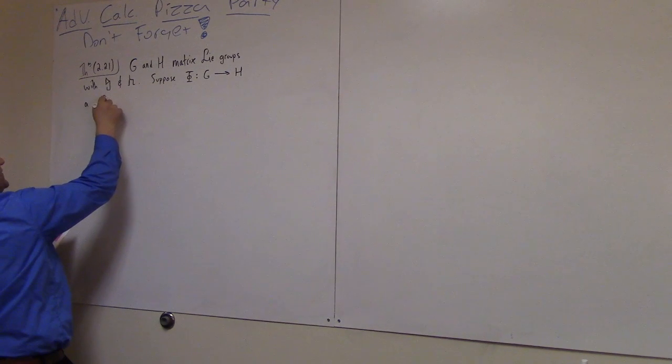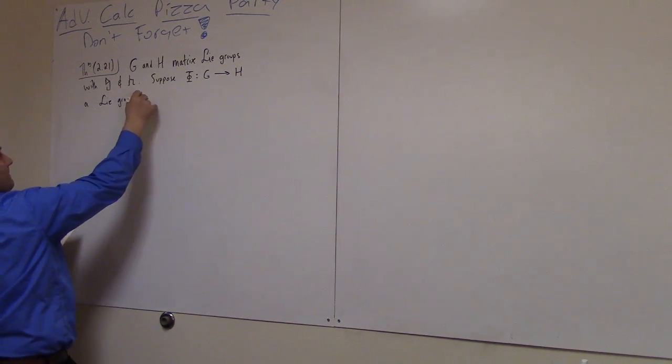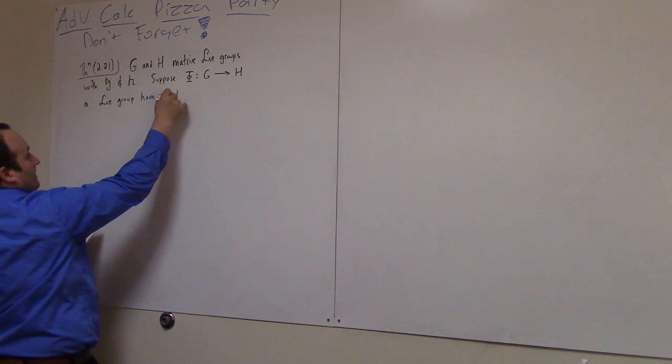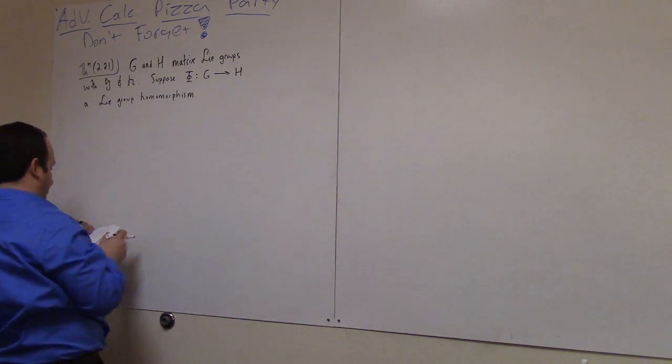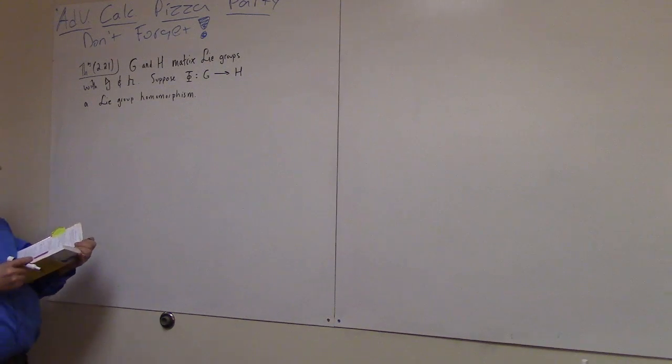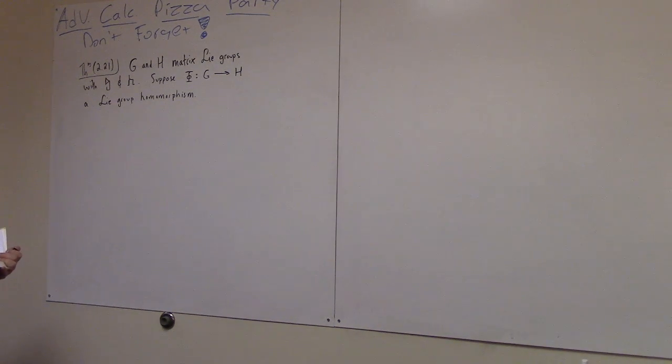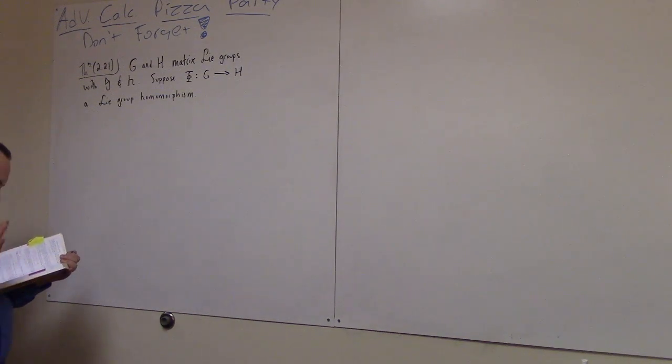What's a Lie group homomorphism, guys? It preserves the group operations and it's continuous. It should preserve the structure of a Lie group, right? So it might suffice to say it's continuous, but I'm more comfortable to say it's smooth. So there's probably some way of capturing it in terms of a limit or something, since we seem to be shying away a little bit from the manifold structure in places. But anyway,